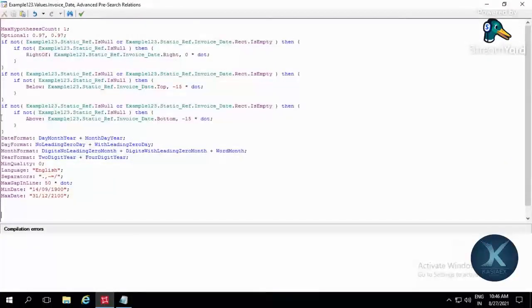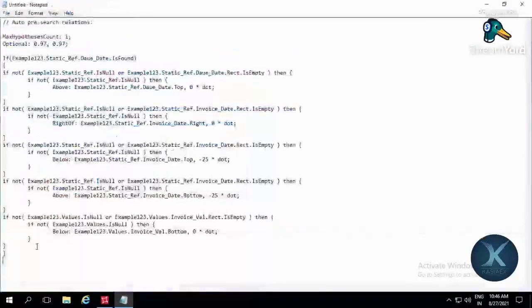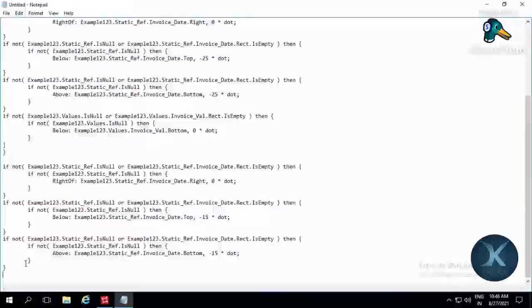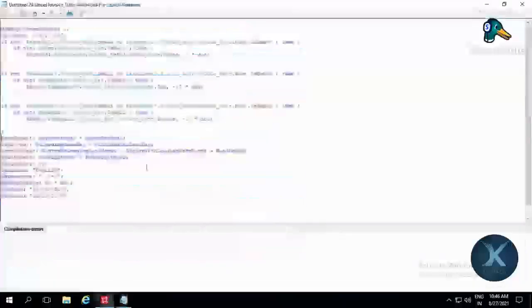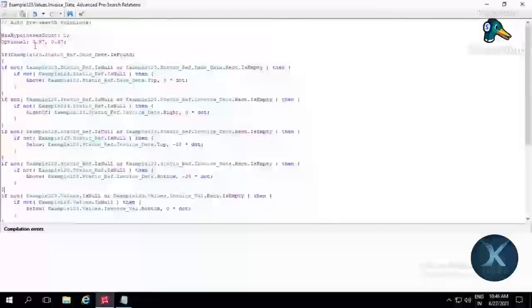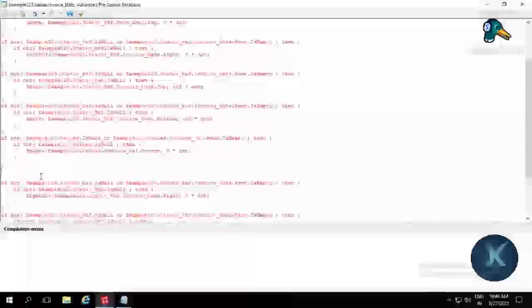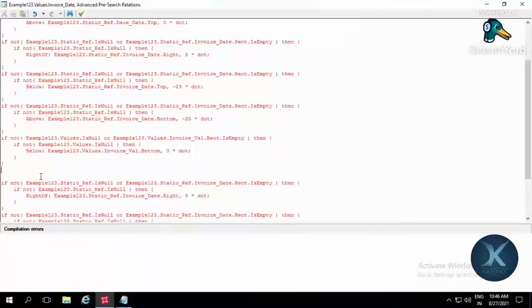So you can copy these relations which have been defined with respect to this element, and go here and add those under here, control V. So now just copy all of them, come back here and paste it. So now if this due date is there, these are my set of relations, and